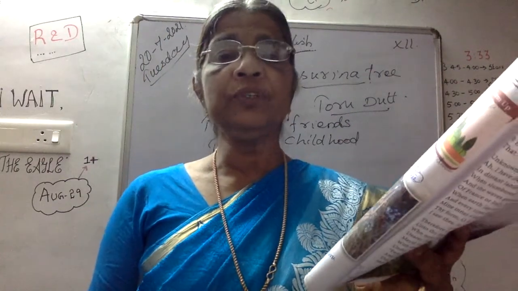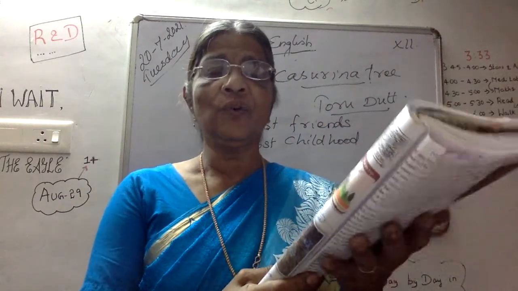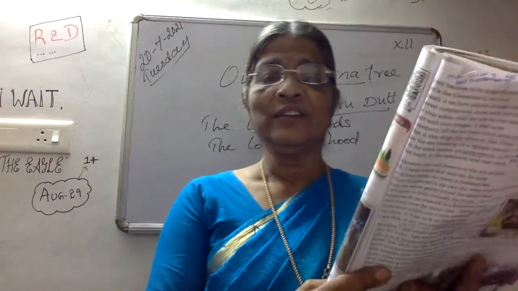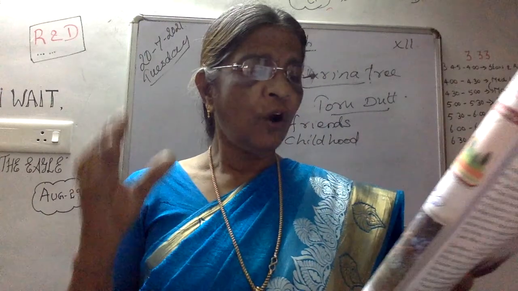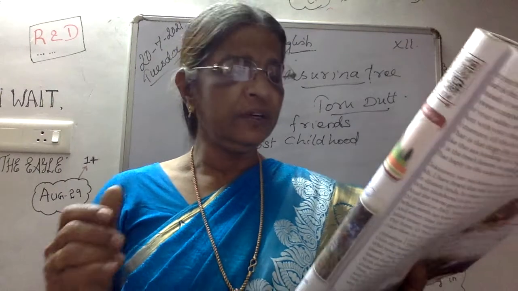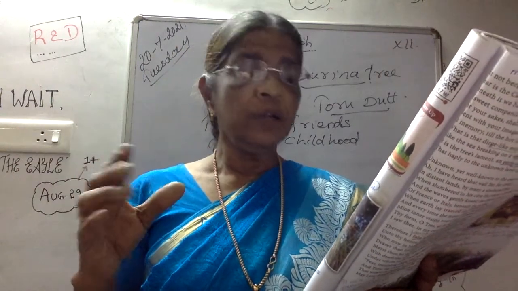So it is a very beautiful sight to look at. So Toru Dutt recollects her childhood memories in this. And oft means often, at night, during night time, the garden overflows